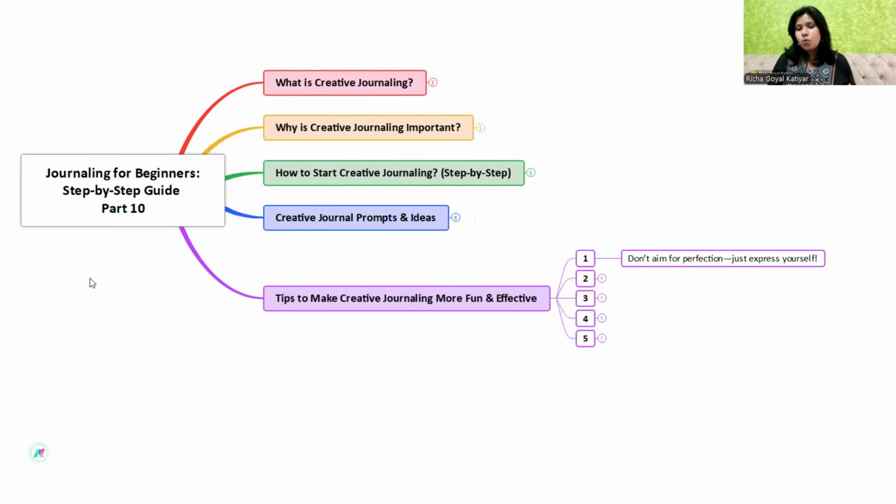So don't overthink that. Number second, mix different styles: collage, watercolor, calligraphy, whatever you want. Doodles, mandala, sketches, free sketch, watercolor, sketch pen, or crayons, whatever you want, include in your journal to make it more effective, to make it more lively, and it will attract you, and through your journal you will attract positivity